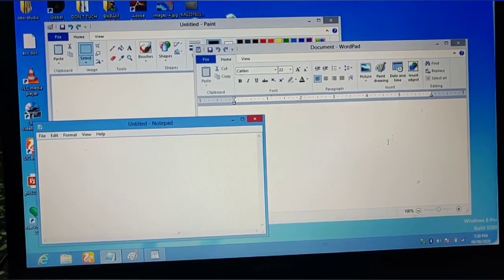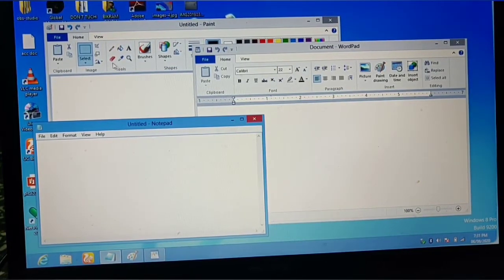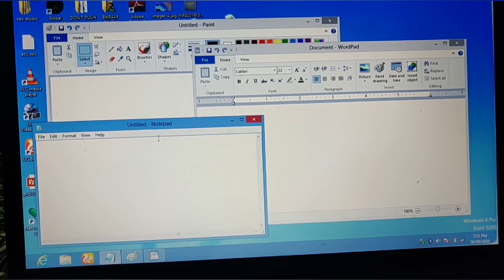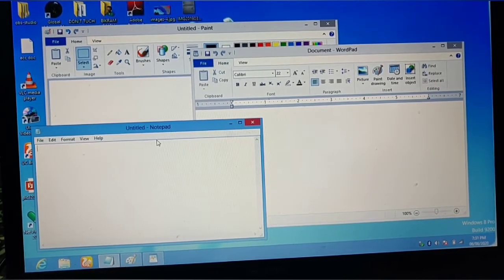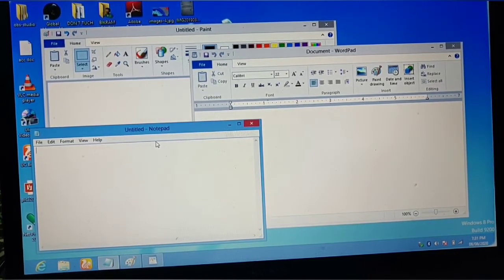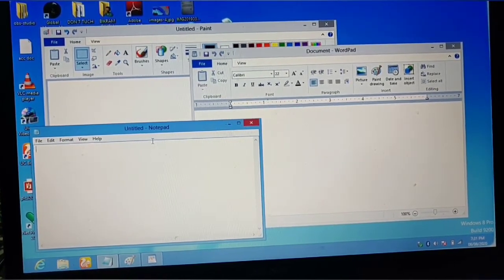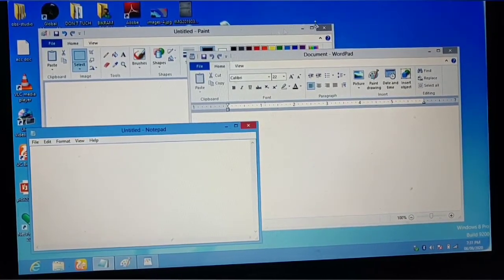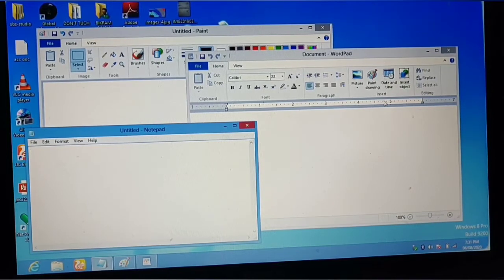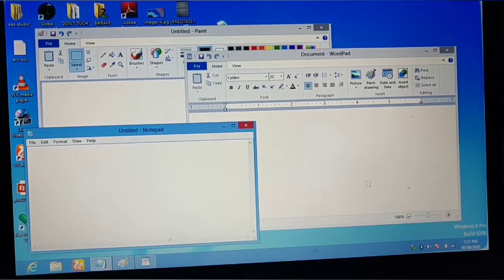If you want to minimize all the windows that are on your screen, as you can see there are 3 windows open on my screen. So if you want to see the desktop screen, अगर मुझे desktop screen देखनी है, so what I will do, मैं क्या करूंगी? There will be 2 options. मेरे पास 2 options हैं. या तो मैं 1 by 1 इन तीनों windows को minimize करूंगी, right? Or what will I do? I will simply click on the show desktop button.